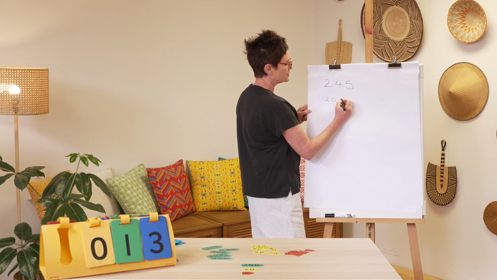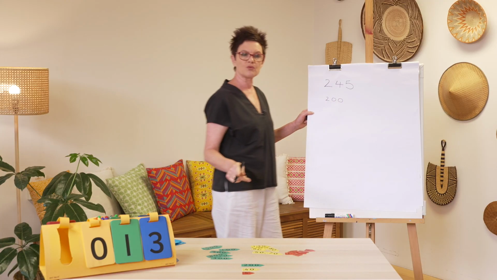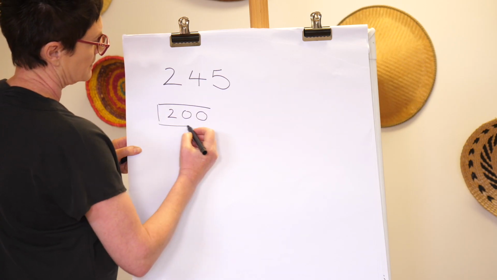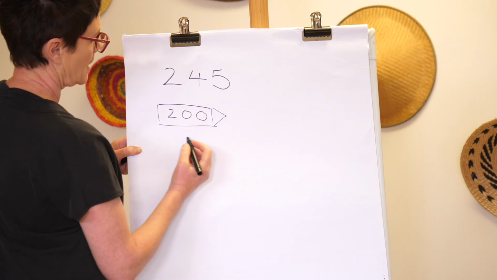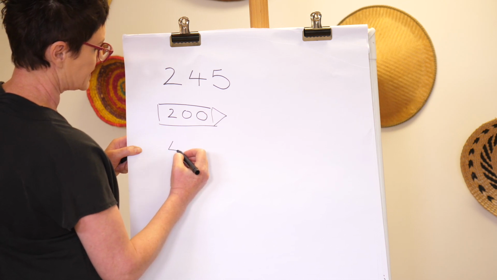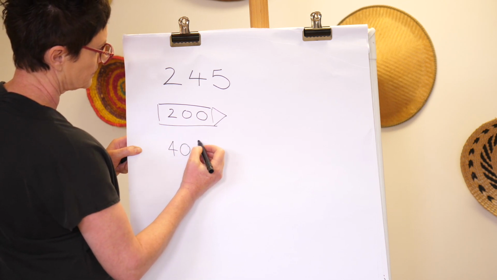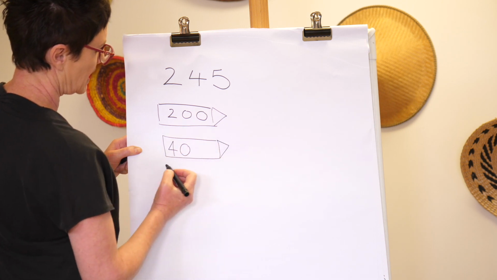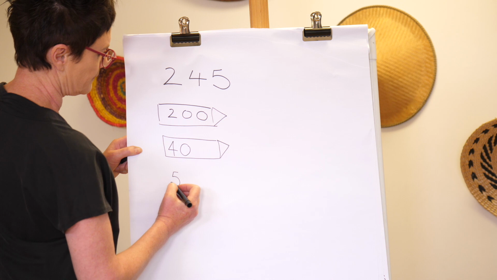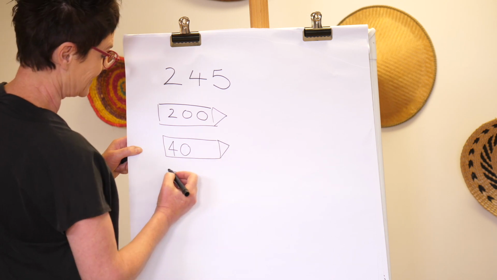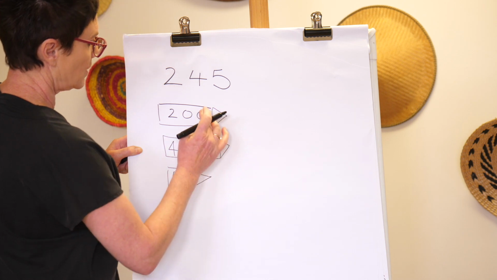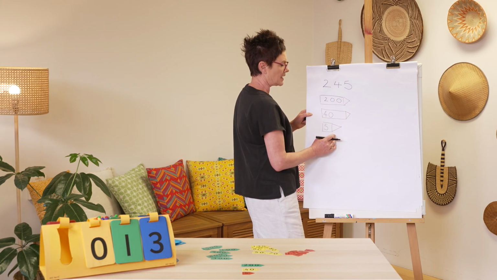And I'm going to draw my arrow card. And it's made up of 40, and it's made up of 5. This one's a bit too long. Okay. When I place them together, I have